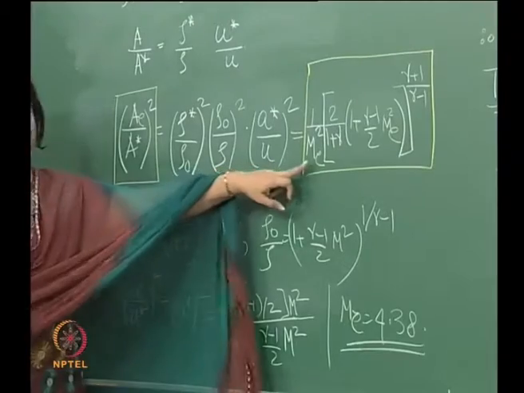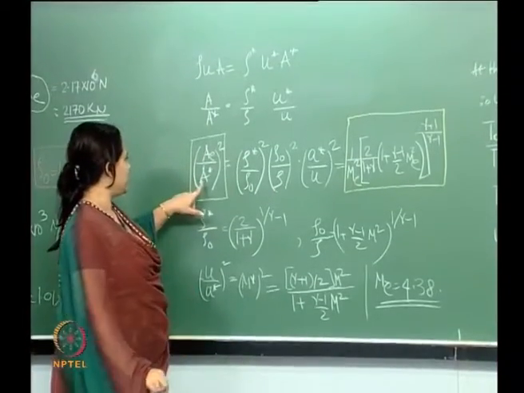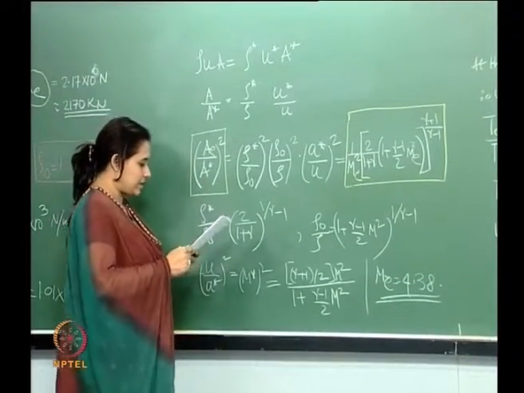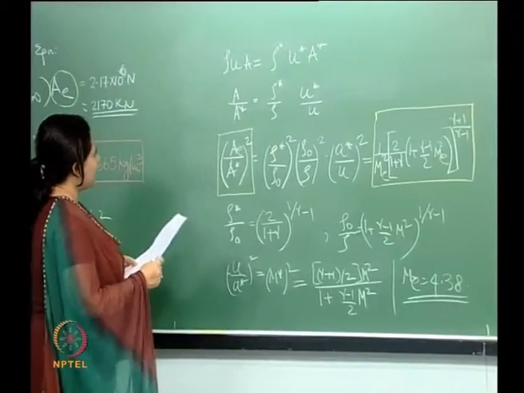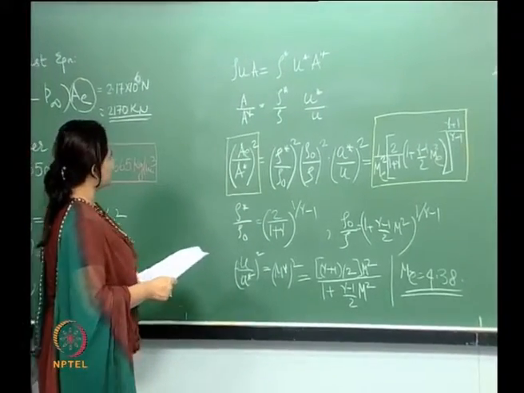So this value is known to us now. If I calculate this, A at the exit